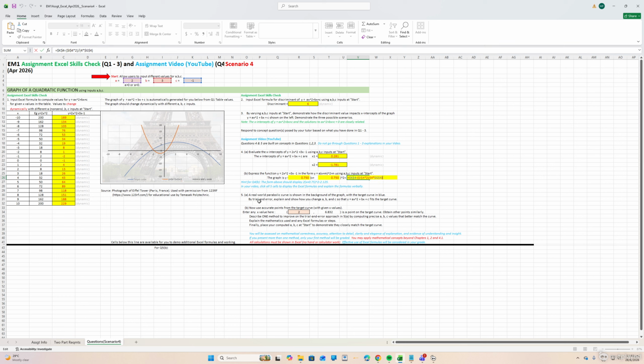Now moving on to question 5, right here, a real world parabolic curve is shown in the background of the graph with the target curve in blue. By trial and error, explain and show how you change a, b, and c so that y is equal to ax squared plus bx plus c fits the target curve. Now, to get this, it would be